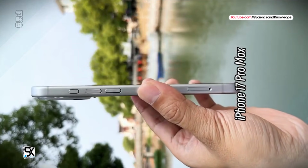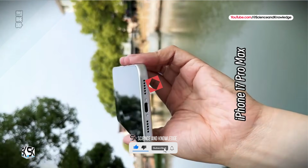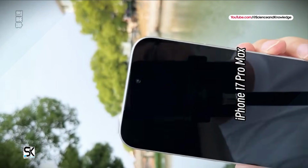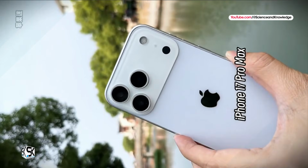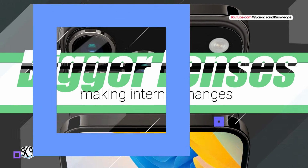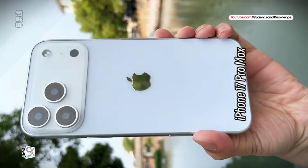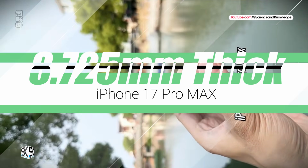The phone in the video is seen having a big camera module expanding horizontally, and the overall design also looks chunky. 3 cameras can be seen on one side of the module, while the flashlight and LiDAR scanner are aligned on the other side. While this doesn't reveal much about the phone's innards, this subtle change in layout and the size of the phone could mean that Apple might be adding bigger sensors or making internal changes to the design for internal enhancements. A prior leak supports this, saying that the upcoming model might be 8.725mm thick, which is thicker than the current flagship's